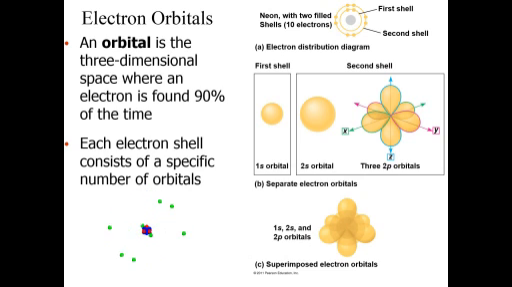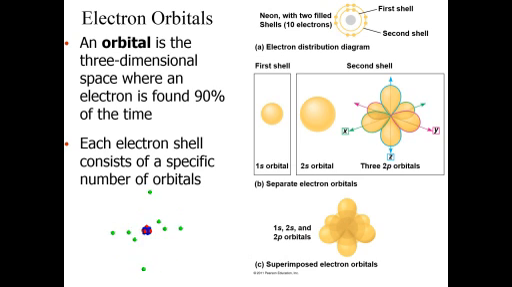Alright, so look at your first electron shell. Your 1s orbital can only hold 2 electrons. It's a sphere. So S, spherical. Your second shell can hold 8 electrons. So the 2s orbital, it's spherical, it'll hold 2 electrons, and then you're left with p